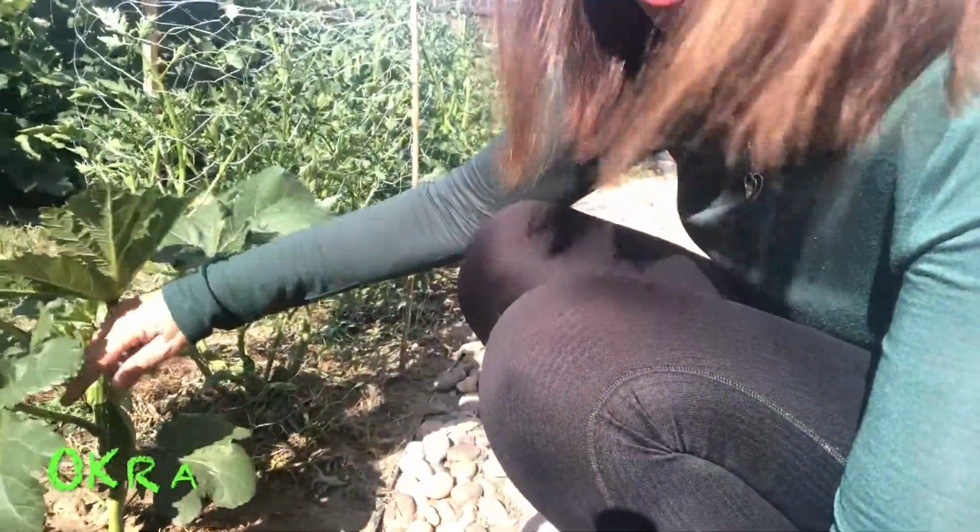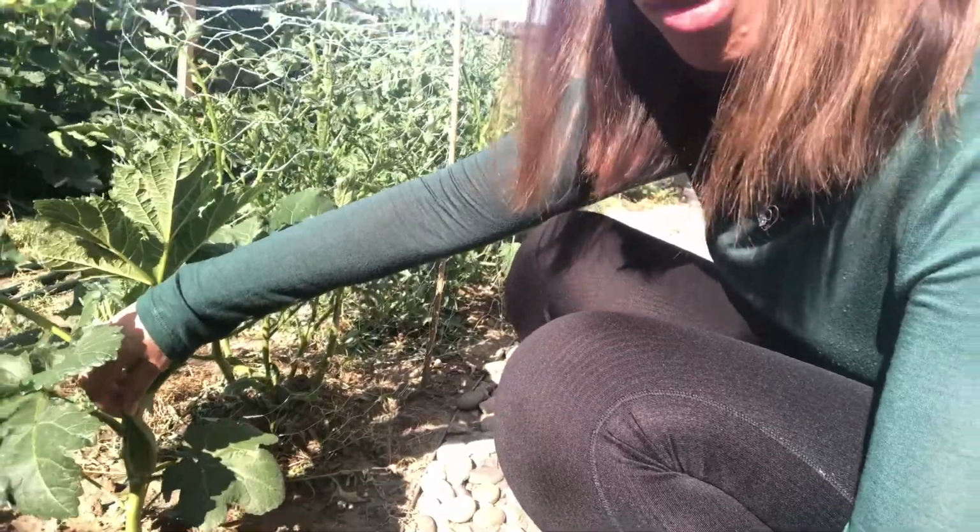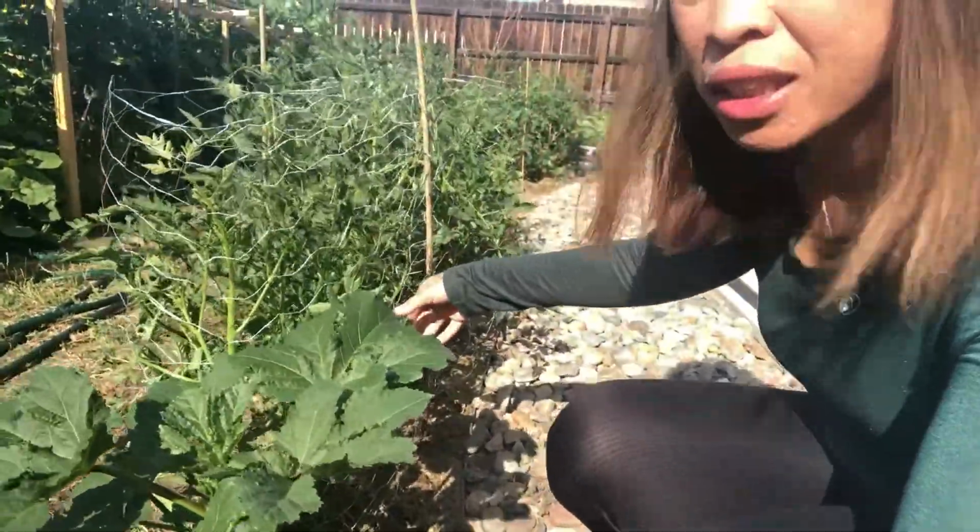You can also buy it in the market, but there's nothing better than growing it in your yard. And so today I'm going to show you the vegetables that we planted, and I can name some of them. I don't know if you can see this, but this is okra. You see that I have a small okra, and this is all